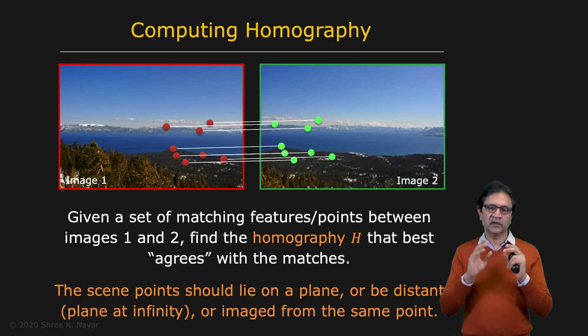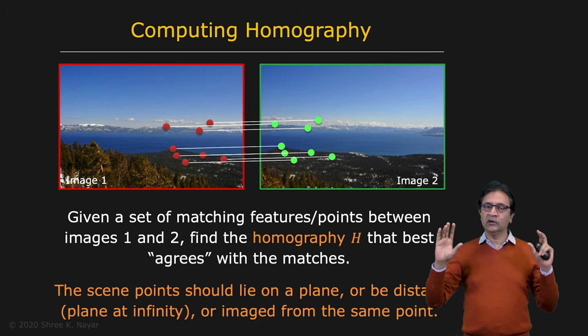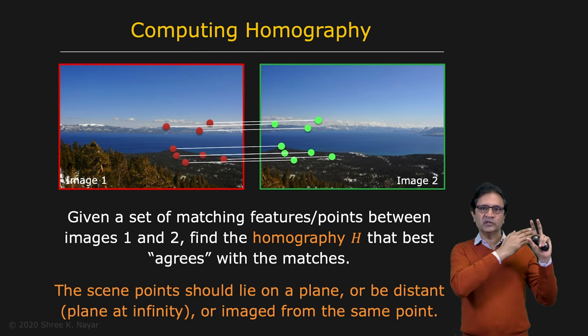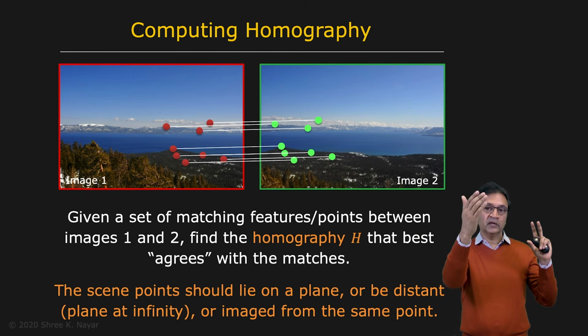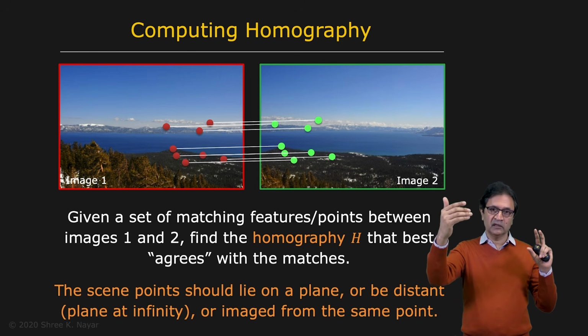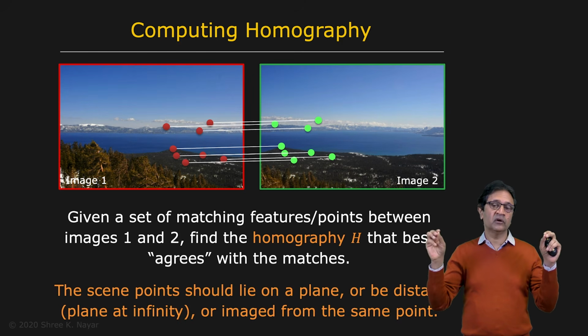Or it's still valid if you're actually imaging a plane in the three-dimensional world, and you're taking these images from any viewpoint. So let's say you take one image of a plane from here, another image of a plane from here. Well, no problem, because this image that you've captured in this camera is related to the plane in 3D by a homography, and this one is also related to the plane by a homography, and therefore there exists by composition a homography that takes you from this image to this image, even though they're not being captured from the same viewpoint.